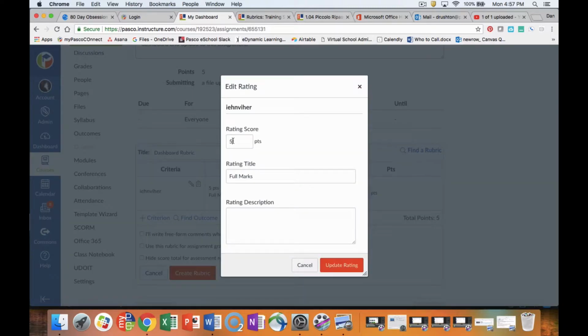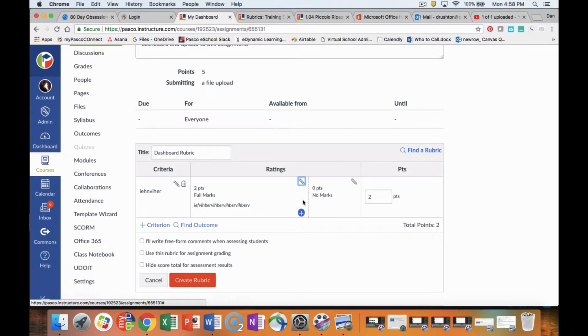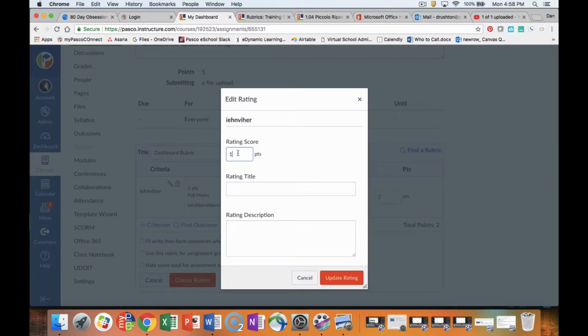So in this case, the top score for that particular aspect is going to be 2 points. And it's going to be called full marks. The rating description is where you put in your description for your students so that they understand what your expectation is. So make that as descriptive as possible, and we're going to update that. And then we can also add another one. So if we wanted to make a 0.5 in this case, or a 1, we'll make this a 1. And then we'll do half mark. And then again, same thing, you want to make it as descriptive as possible,